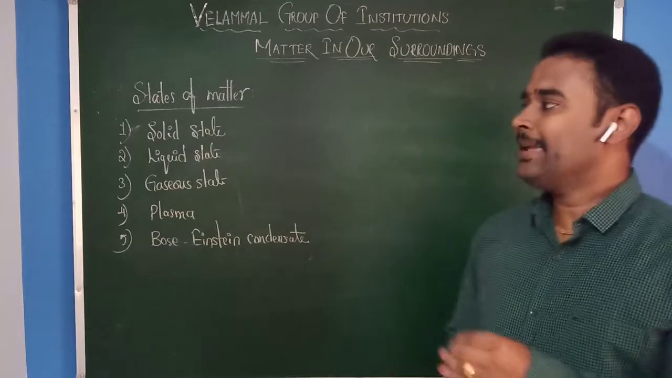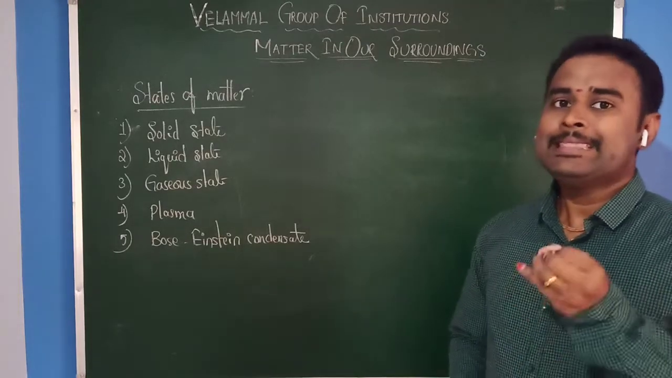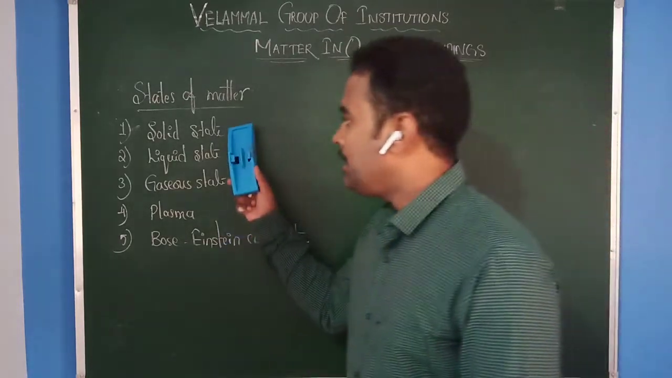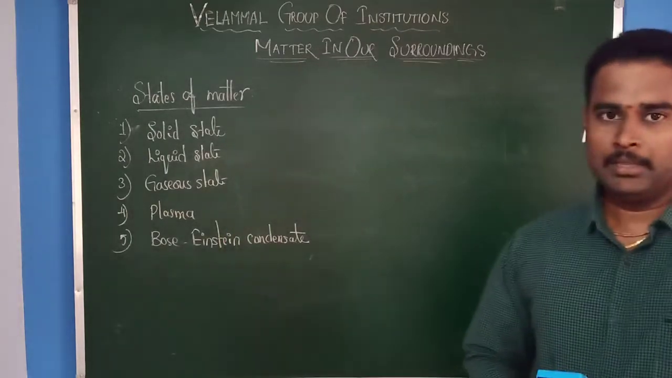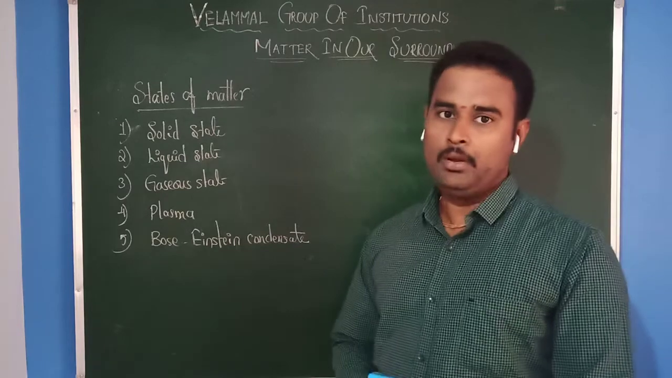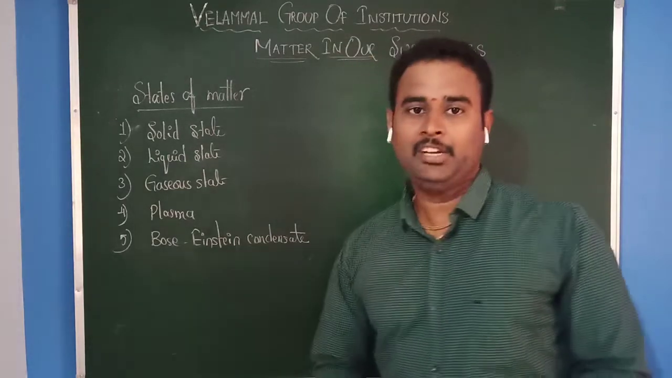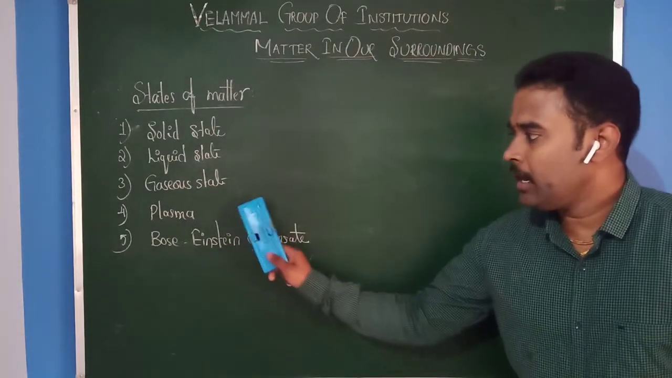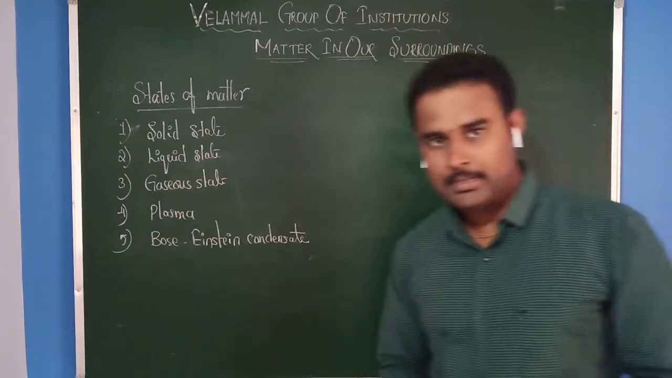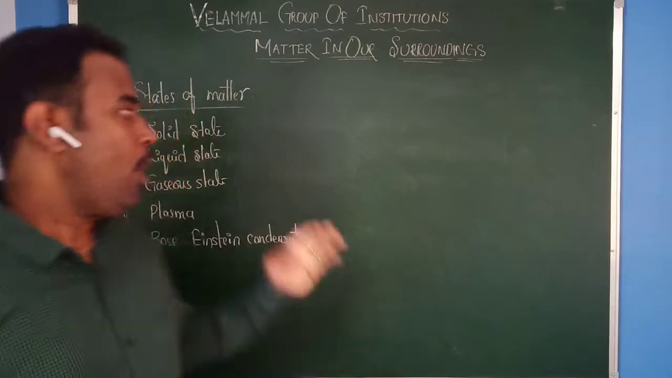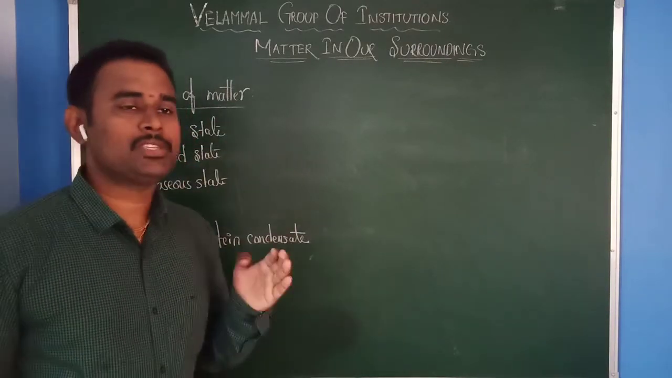Normally, matter exists in usually three states. Those are the solid state, liquid state and gaseous state. Apart from this, matter also exists in two other important states. Those are plasma and Bose-Einstein condensate. In this class, we are going to discuss the properties of all five states of matter. Let us discuss first of all